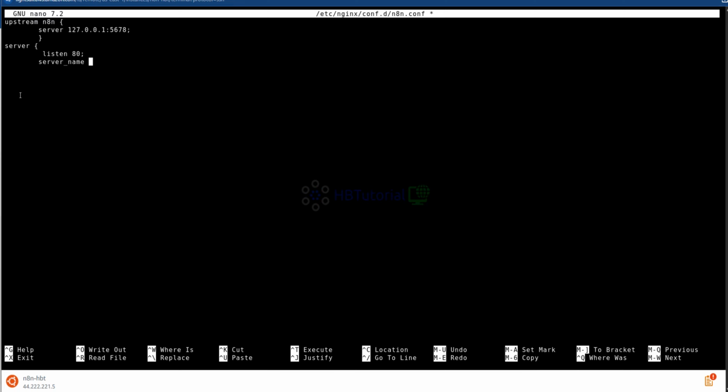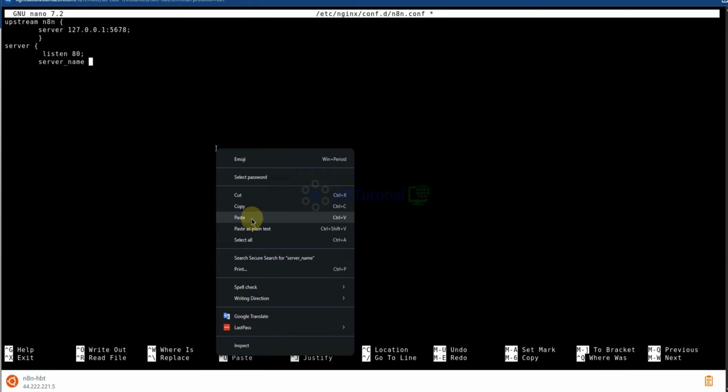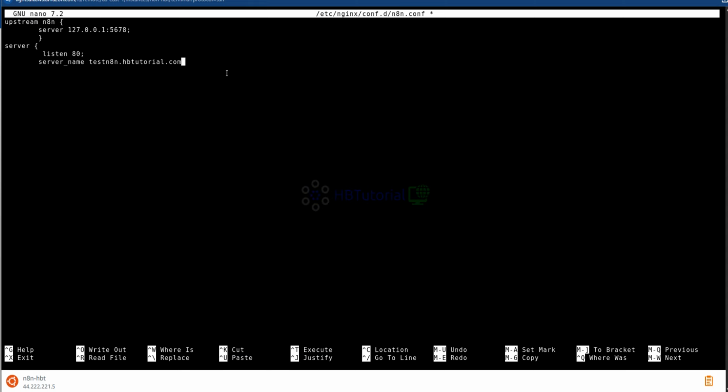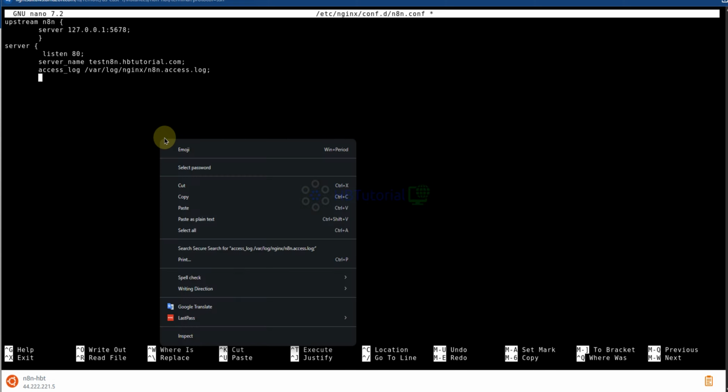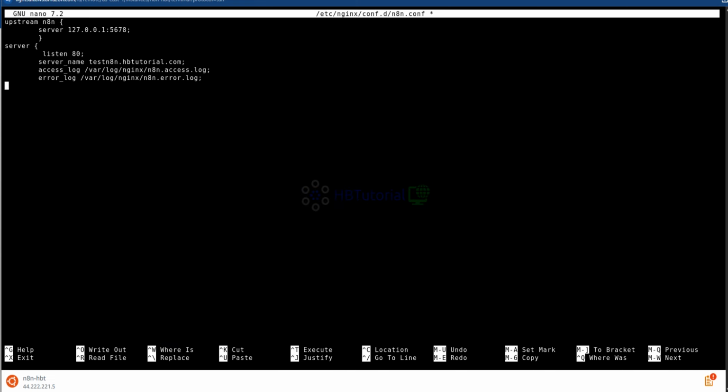Okay, so paste, logs. Okay, so proxy type n8n, and then password.